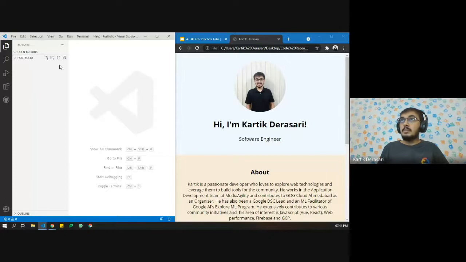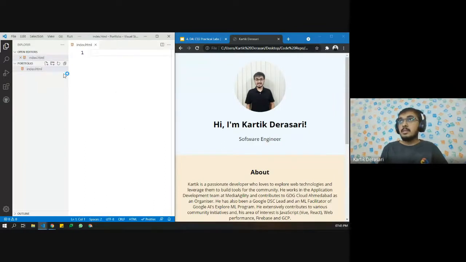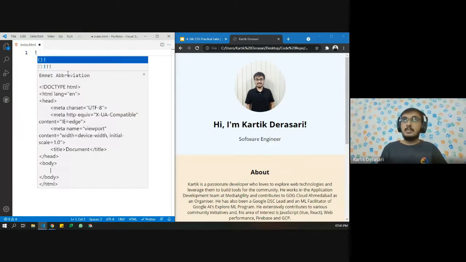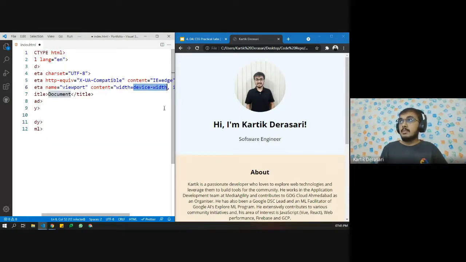Now, first of all, the main thing is to create the index.html part. I'll not repeat what we discussed earlier, so let's keep the pace a little bit faster. And let's define the first project.